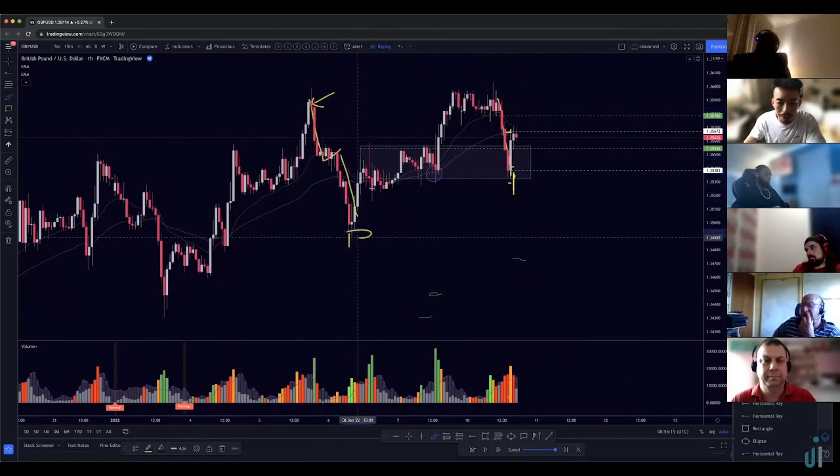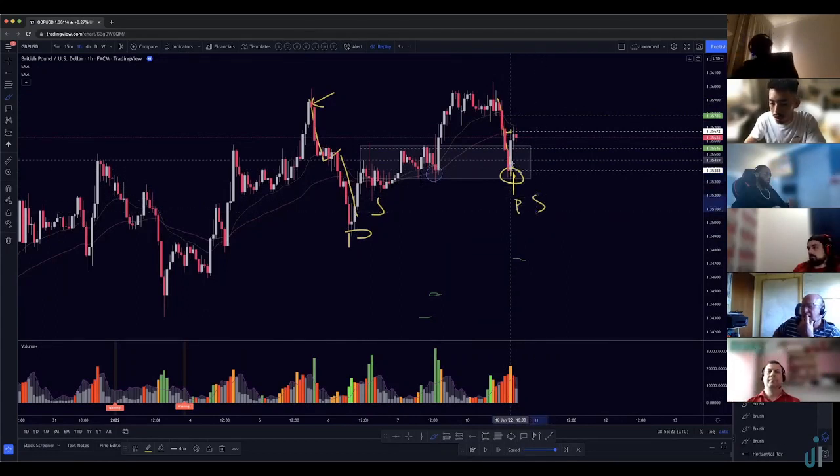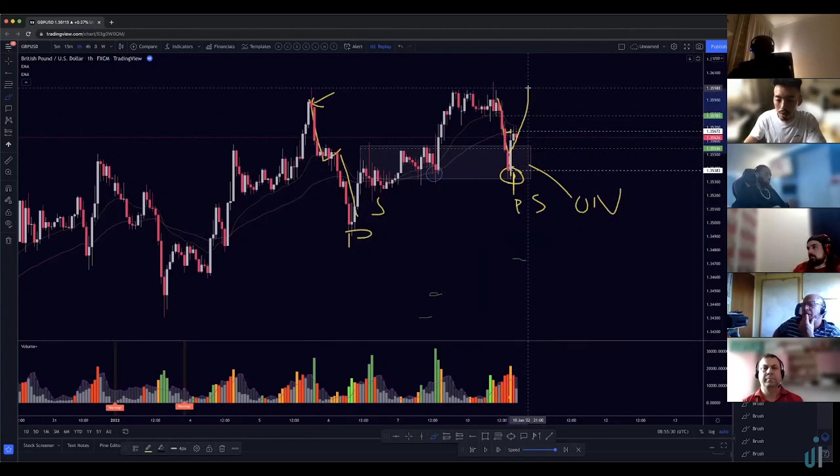This is your primary already. This is your secondary. There shouldn't be any more primary or secondary here. If it's supposed to continue the uptrend, this is where it's supposed to be on, right? This is the case where it's supposed to make higher highs. The reason why that's important